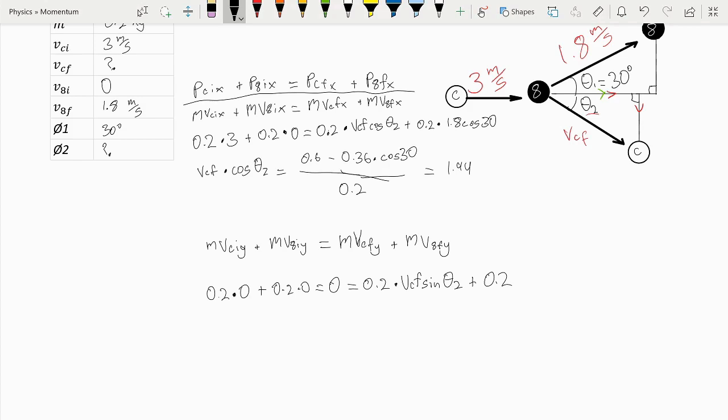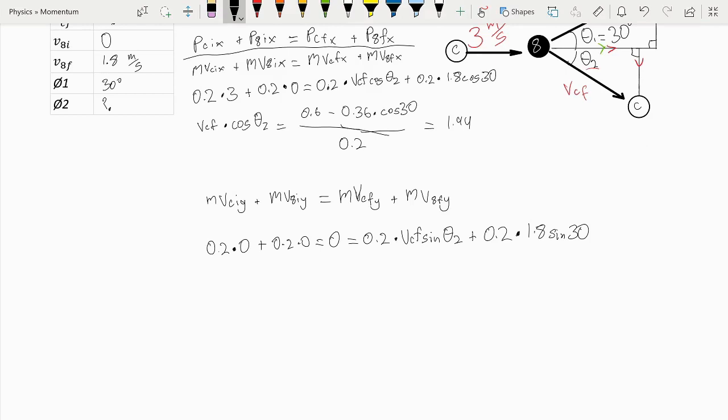So that's a similar story. Multiplied by 1.8 sine of 30. And I'm just going to point out that since this y component is pointing downward, that means that